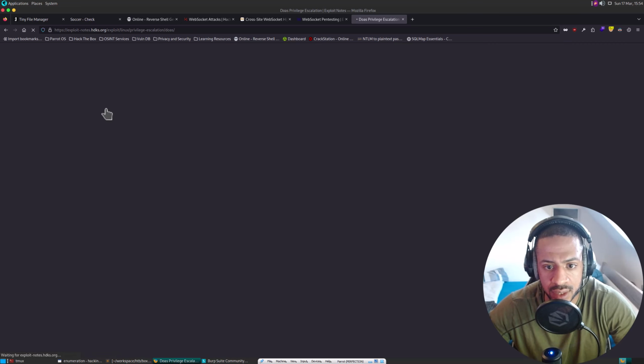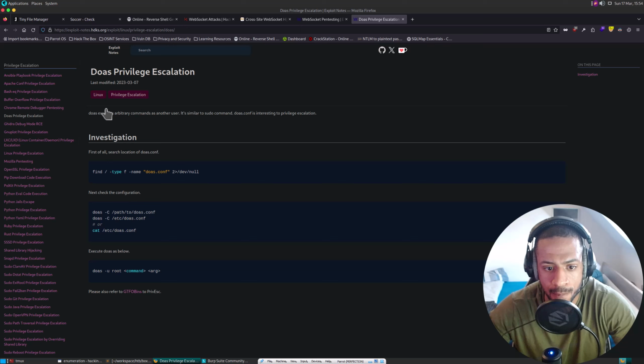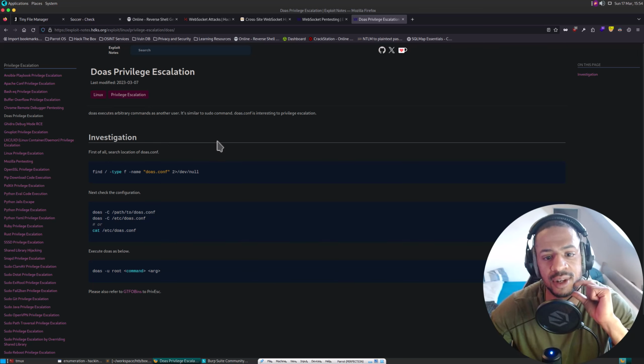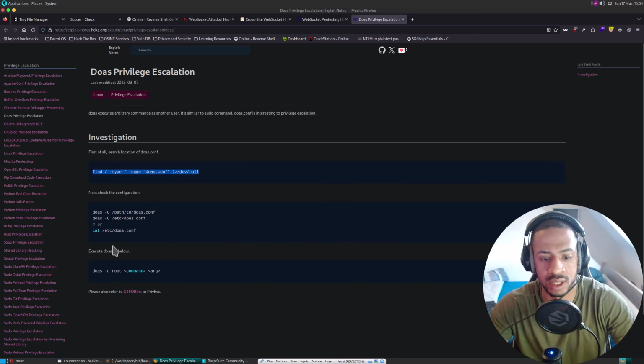Exploit notes. Let's see. doas executes arbitrary commands as another user. It's similar to sudo, like we said. doas.conf is interesting for privilege escalation. So let's do this.